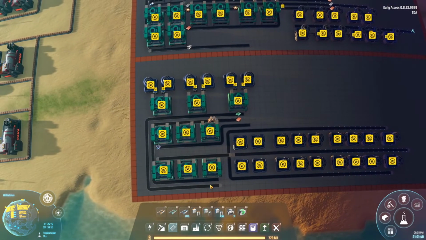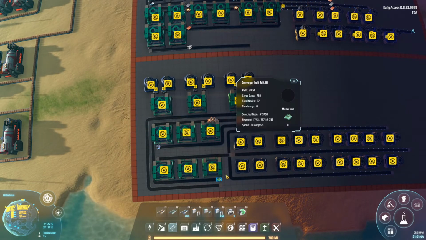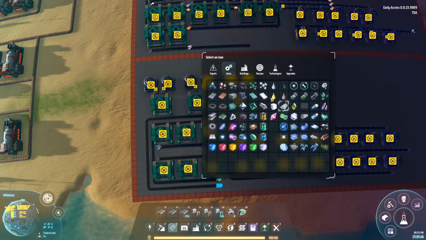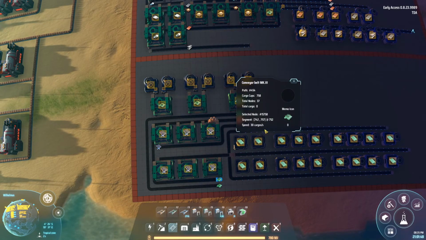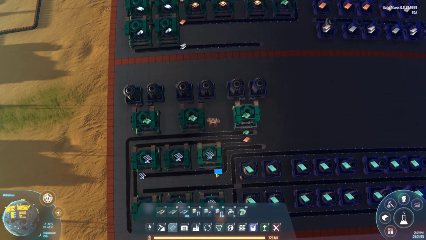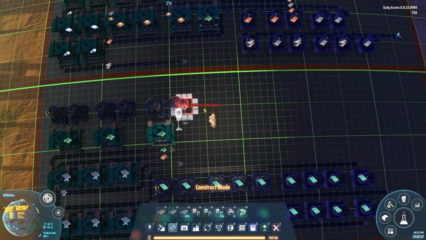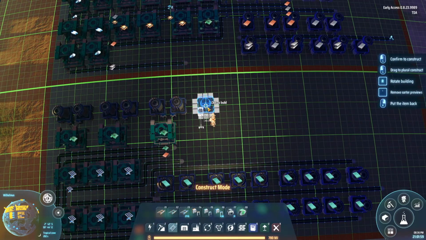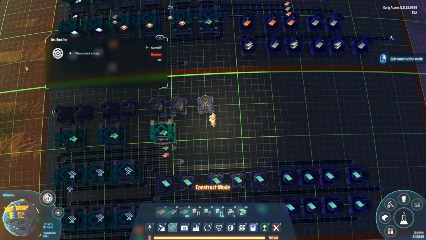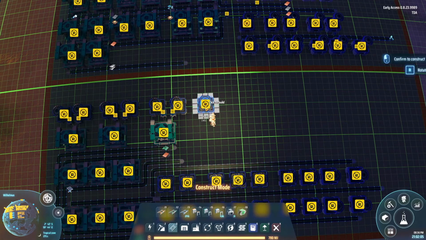They are going to flip all the way around, so that also means we will end up having some circuit boards over here. Actually, they're going to be on this belt, and the copper is going to be on this belt. There we go. Now, that leaves the copper, and we are going to need quite a lot of copper, as we already mentioned. So let's make sure we have a copper facility over here, and then we're going to need